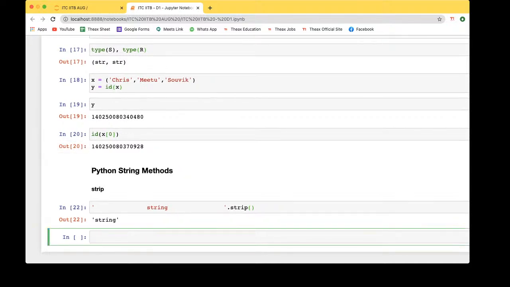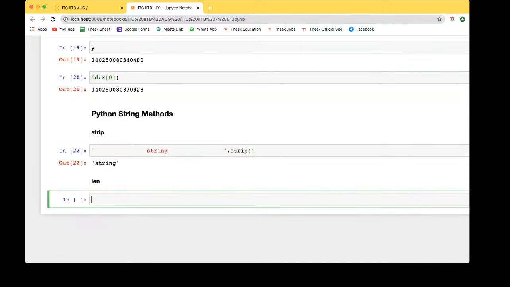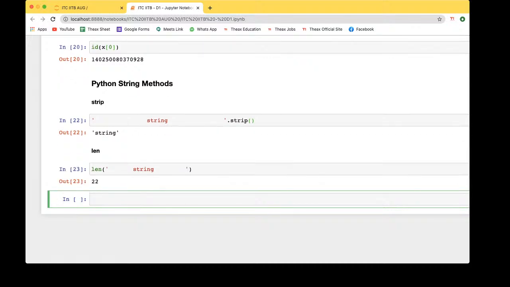So similarly, there is one more function. Before moving to this one, there's one more very important one, that is len. Len is a function which will give you a count of every particular character, including the spaces you have in your code, in the variable, in the list and the tuple, everything. Right? So let's say we want to find the length of the string. Run this and you will get 22 elements.